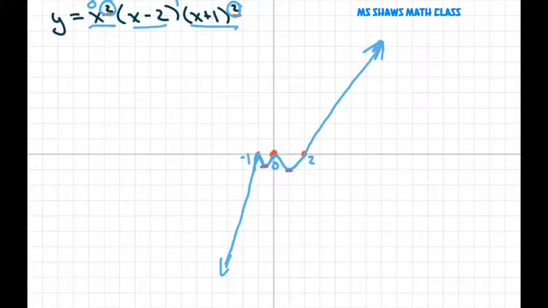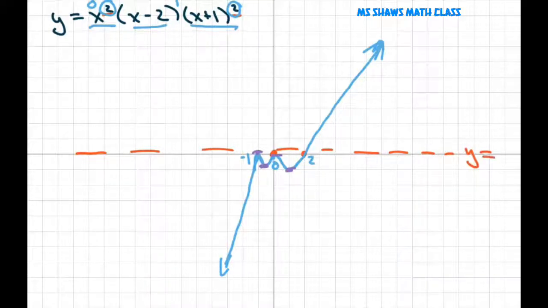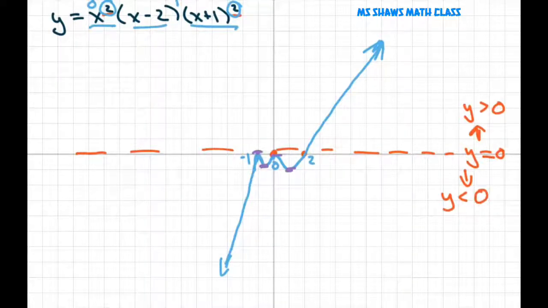Now, let's look at our turning points. We have 1, 2, 3, 4. So we had exactly 4 turning points of this graph. Now we want to look at where our y, here's y is equal to 0. So where is our y positive, and down below the graph, where's our graph negative, our y negative? So when you look at this,